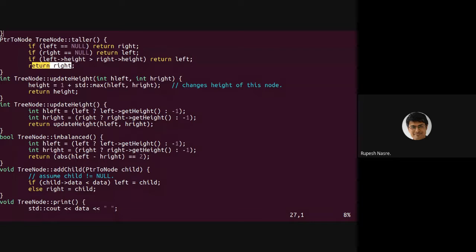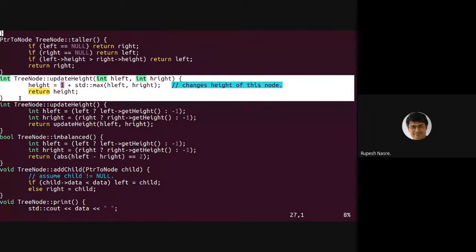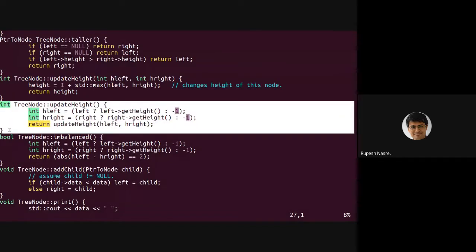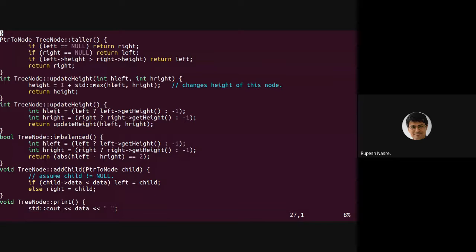Okay, the updating of height of this particular node. So let's first look at the outside function. This update height function, which is without arguments, is going to be called at multiple places. It is going to look at the left side, right side. If left subtree is non-null, then it is going to get its height.